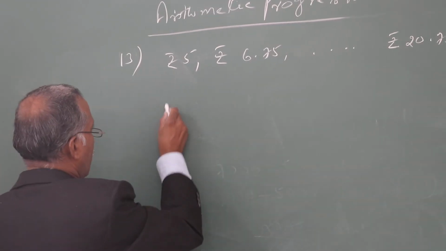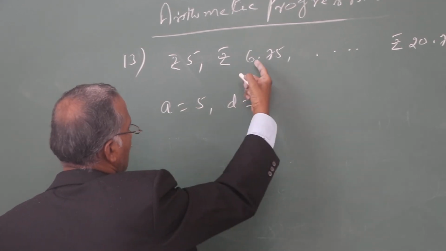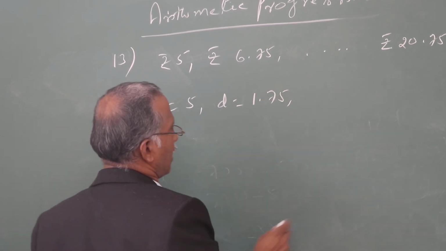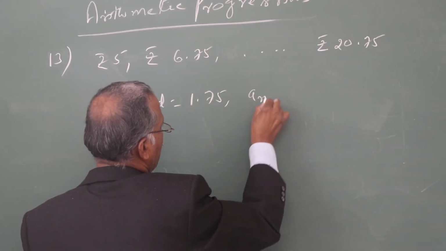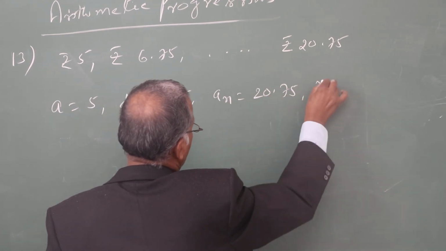Same way, A is equal to 5 rupees. Common difference here, A2 minus A1, 1 rupee 75 paise. An is equal to 20 rupees 75 paise. n